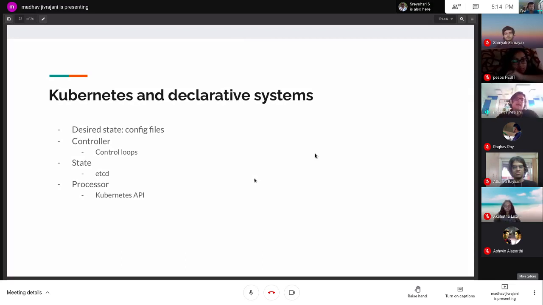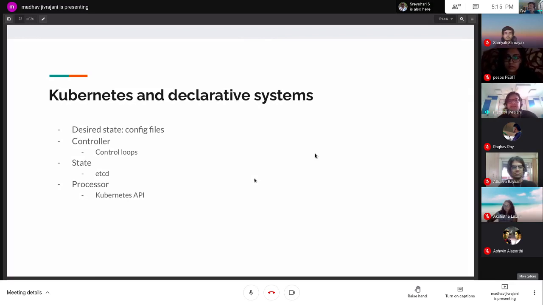Now server A has a controller which is running, which says, oh, I see there's a process which is meant for me, so let me go ahead and start the process on my server. So the server then goes ahead and starts the process over there, and it goes on in a very seamless and nice manner. It's very clean, and you don't have to worry about continuously monitoring and seeing what is what and things like that. And the processor is something known as the Kubernetes API.